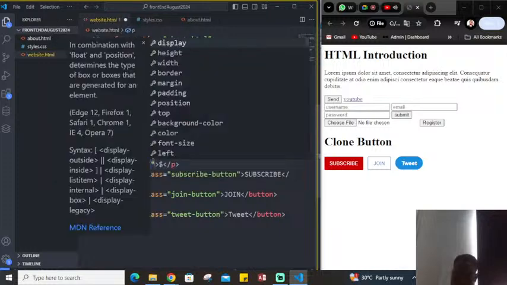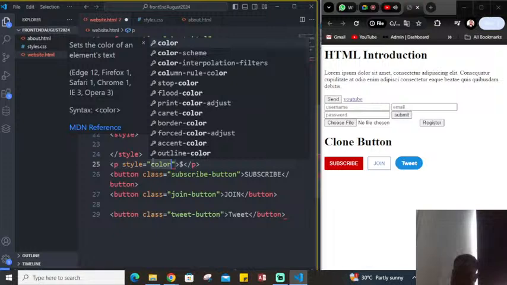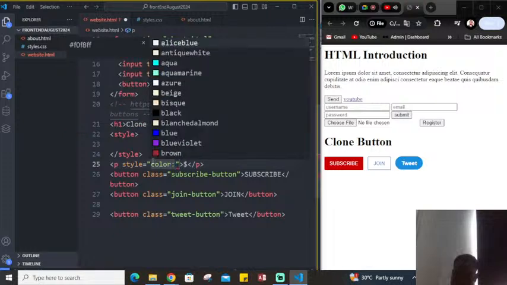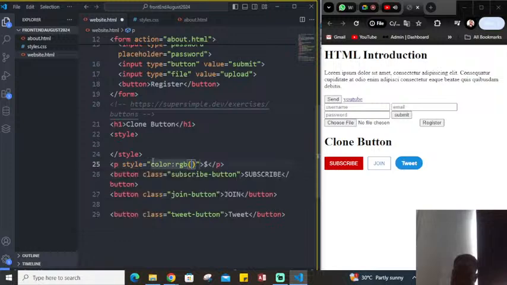Then what are you coloring? You are coloring the text. Remember we said to color the text, the property is color, right? Then you pass in your value. Let's say I want to make the color, let me see, use RGB. Let's say red: red is going to be 200, comma 0, comma 0. So if I save this and I refresh this browser,